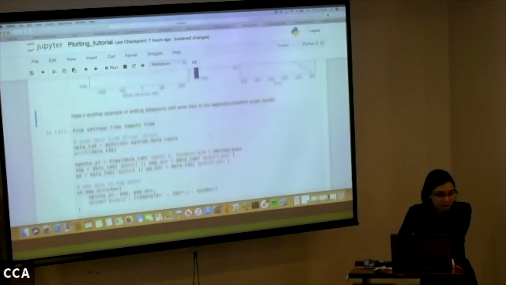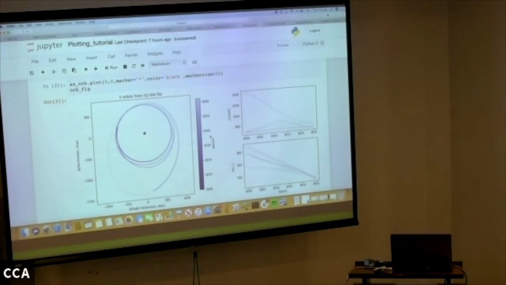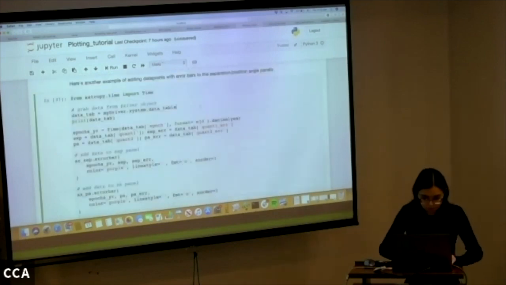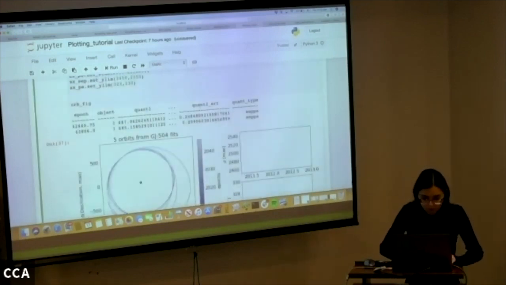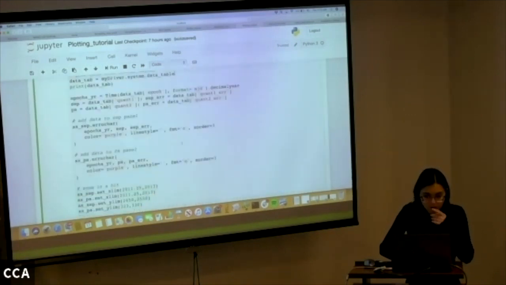Do you get like a polygon in your orbits? Oh, that's just plotting, you're choosing how many epochs you want. Got it, okay. The next plot shouldn't be so jagged. And so here, with the error bars and the epochs,